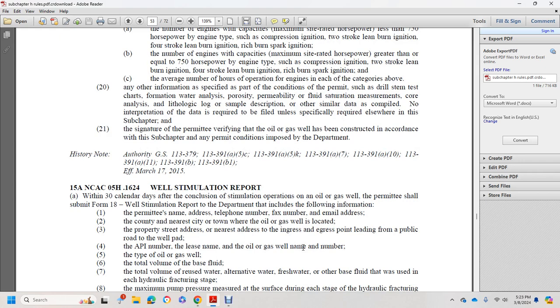1624 well stimulation report. Within 30 calendar days after the conclusion of the stimulation and operation of the oil and gas well with the permit issued, submit Form 18, the well stimulation report, to the department. Include the following information: permit, the name, the address, the telephone number, the fax number, the email address, the county, the nearest city or town where the oil and gas well is located, the property street address, new address, and egress point leading to the public road to the well pad, API number, the lease number,